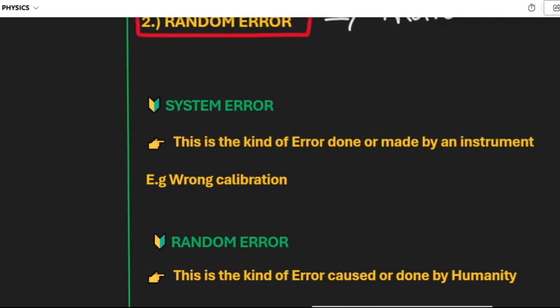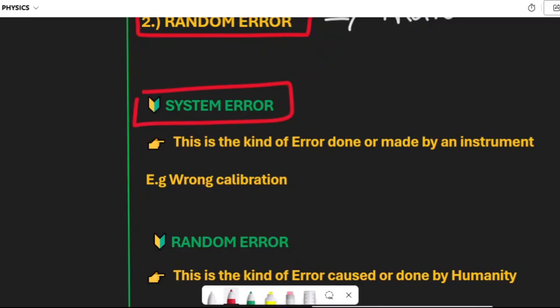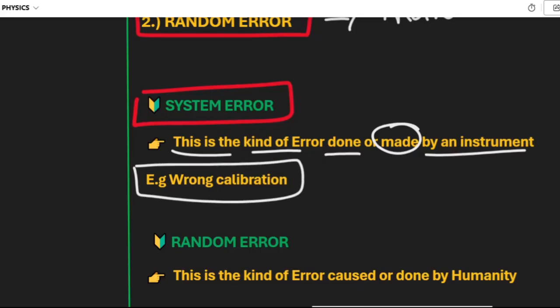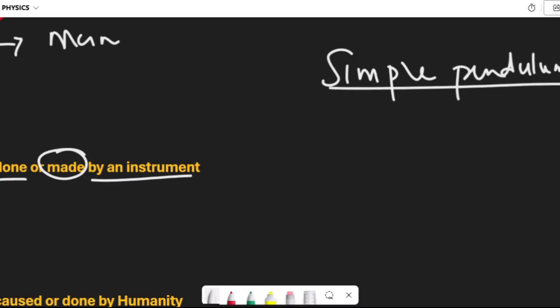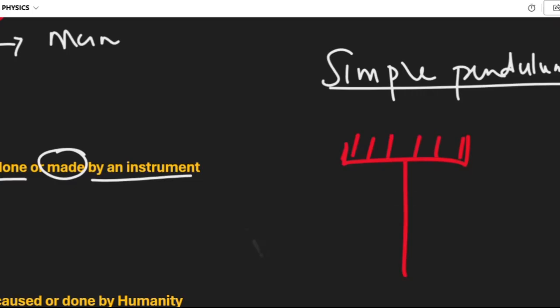Coming down to systematic error. This is the kind of error made by an instrument, and a typical example of that is where we have a wrong calibration. For instance, let's assume we have a simple pendulum experiment. What is a simple pendulum experiment? A simple pendulum experiment is a kind of experiment that involves a ball attached to a fixed point with a string,